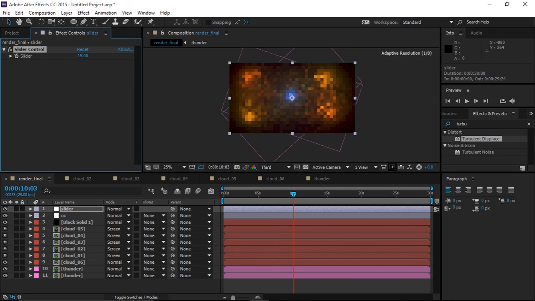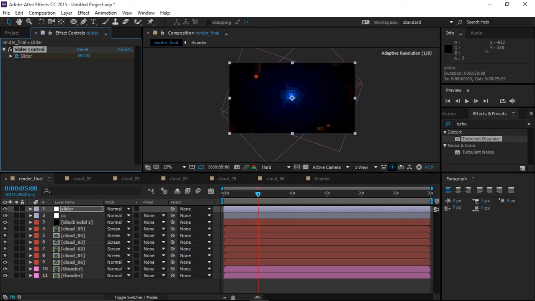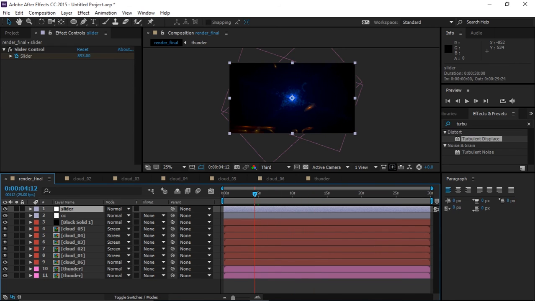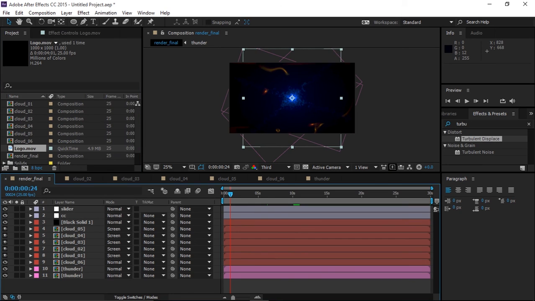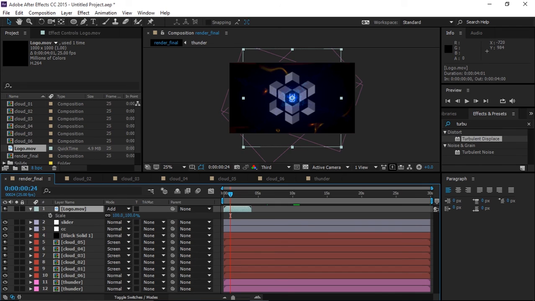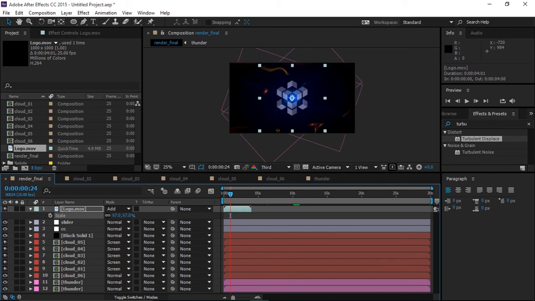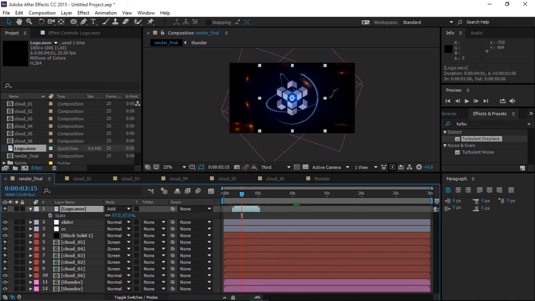Say over here, select the keyframe, back to 5 seconds and increase that. So what we have basically, so we are going to import our logo. Let's add it and scale it little bit. At this point,